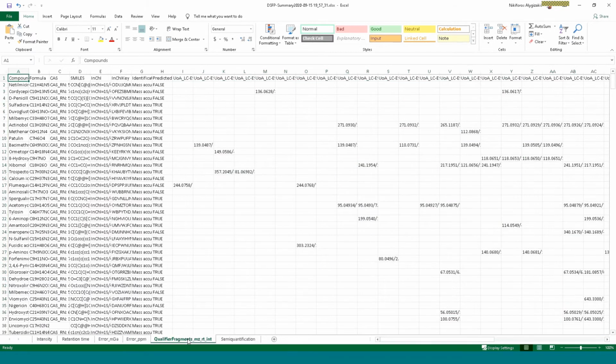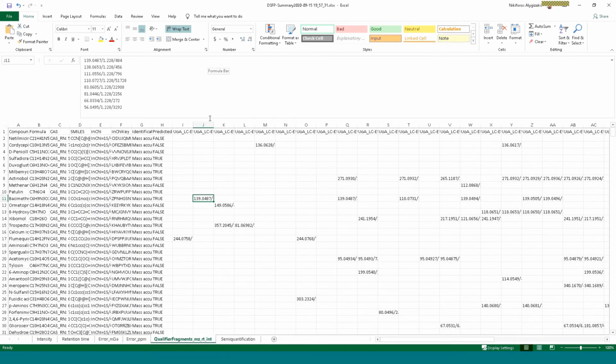In the tab Qualifier Ions, someone can find the detected fragments in the format mass, retention time, and intensity. For example, in this case, the substance of row 11, these qualifier fragment ions have been detected for this specific sample.